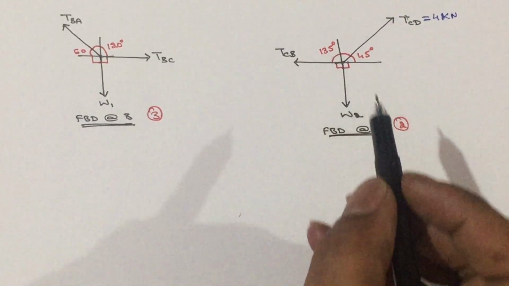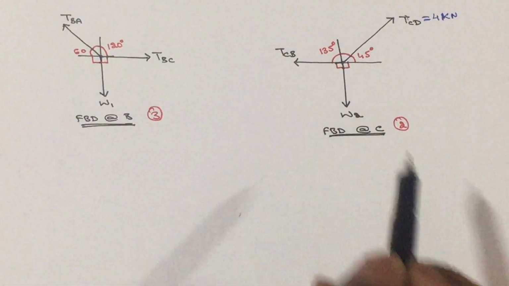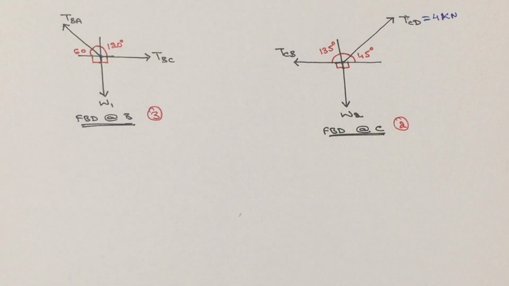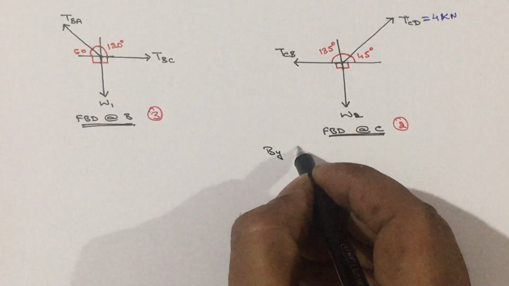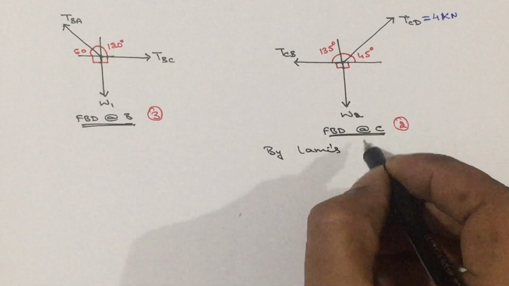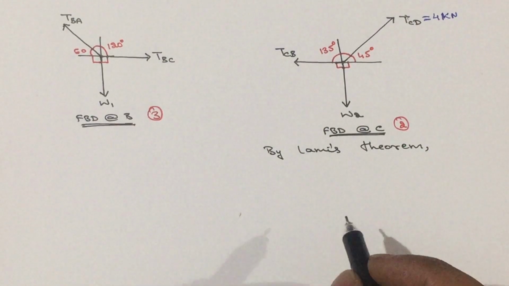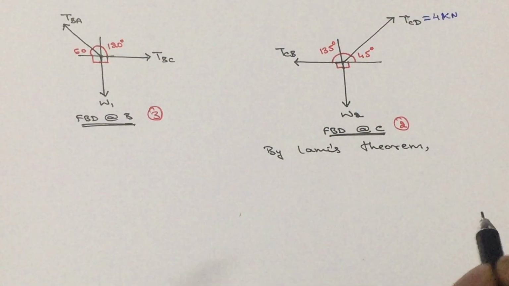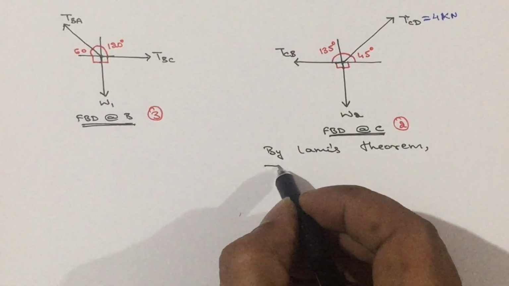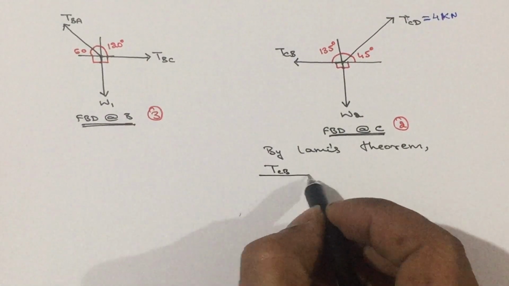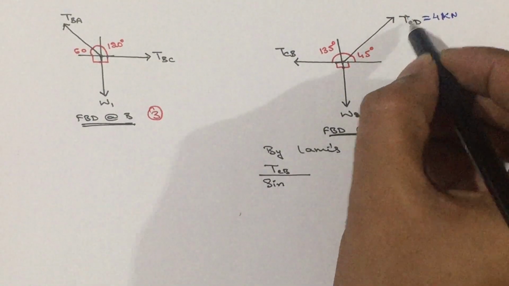Which method? For that, count the number of forces: 1, 2, 3. Count the number of unknowns: 1, 2. So if there are 3 forces and 2 unknowns, we can make use of Lami's theorem. So by using Lami's theorem, write the Lami's equation, that is force divided by sine of the angle between the other 2 forces. So TCB, first write the unknown forces, TCB divided by sine of the angle between the other 2 forces,